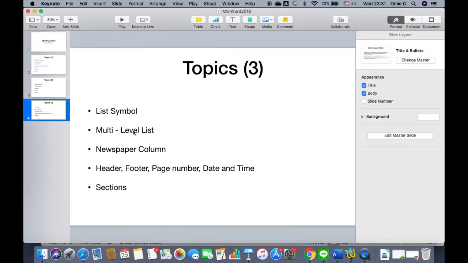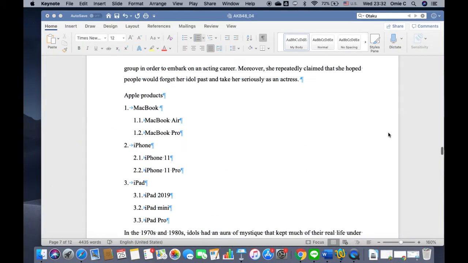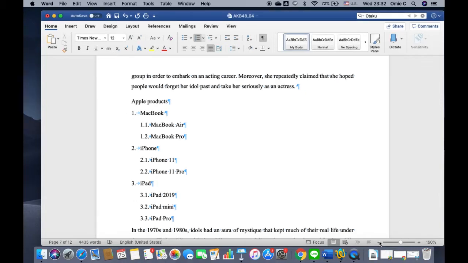That was the list and multi-level list. The next one is the newspaper column. Why do I say the newspaper column? Because the newspaper column, the